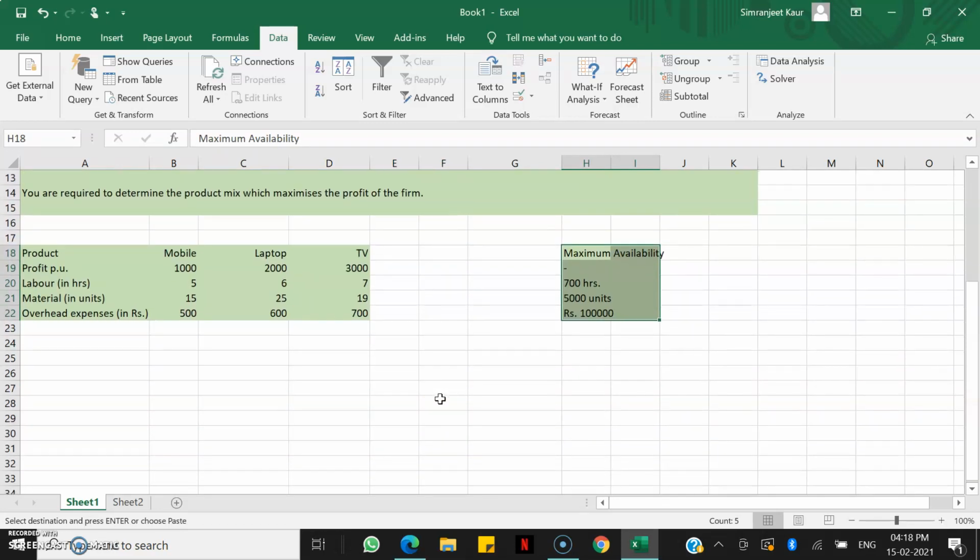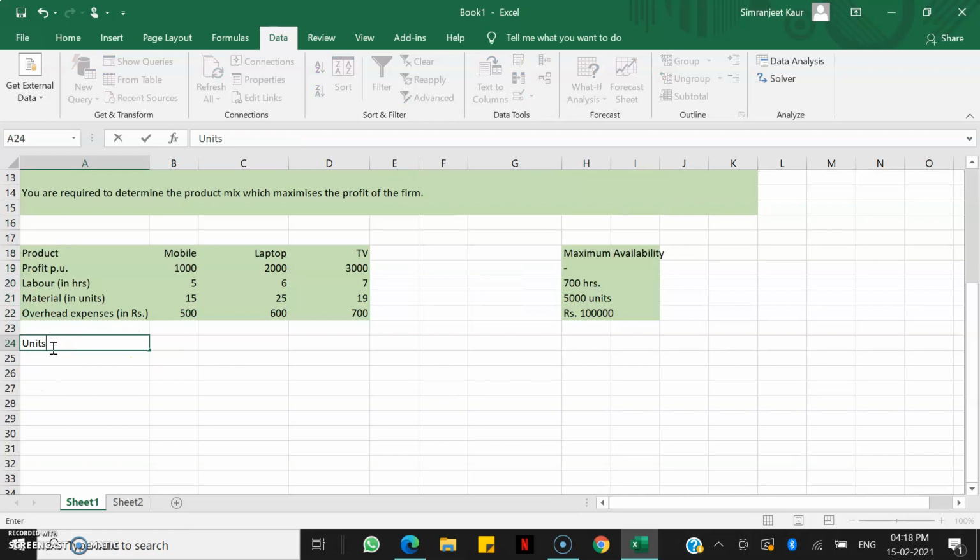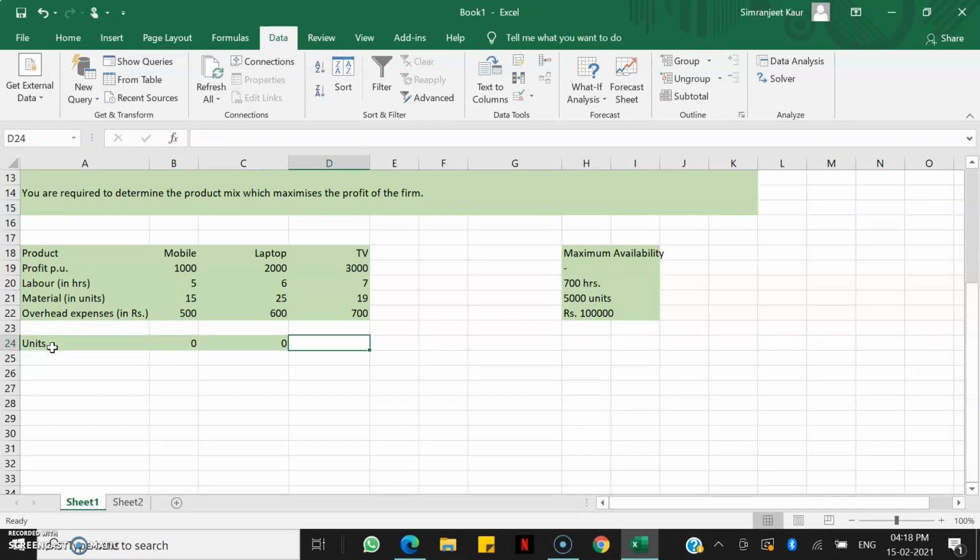So first thing that we have to specify is the number of units that we want to manufacture. So since we don't know yet how many units will be there to maximize the profit, we will just write 0. Now the next thing that we have to do is we have to type in the constraints as we do in the manual course also.